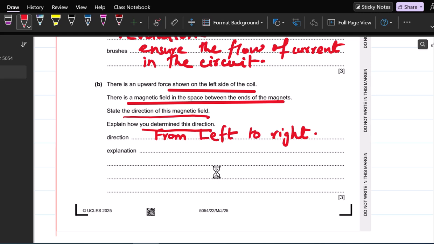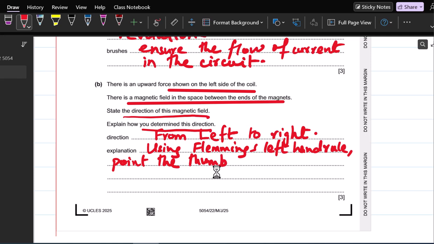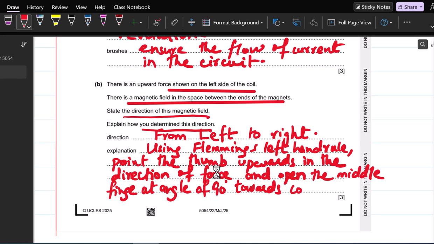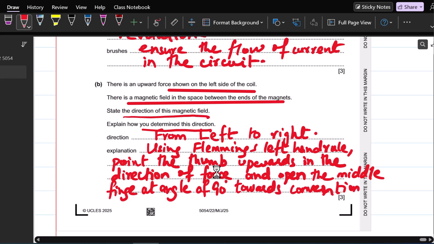And explanation is that using Fleming's left hand rule, point the thumb upwards in the direction of force and open the middle finger at an angle of 90° towards the direction of conventional current. I would add here direction of conventional current,